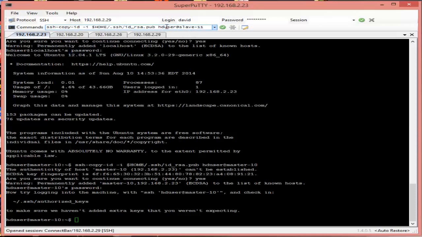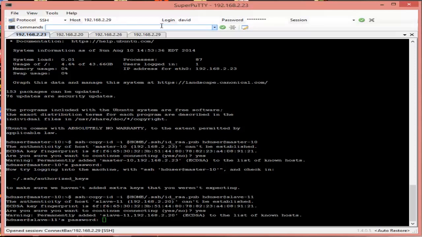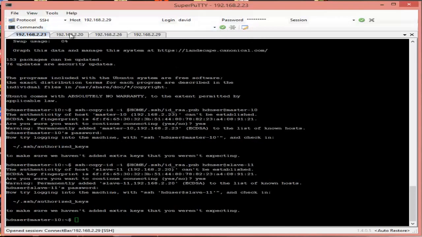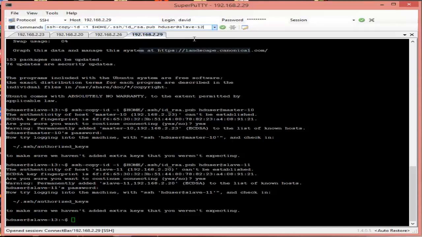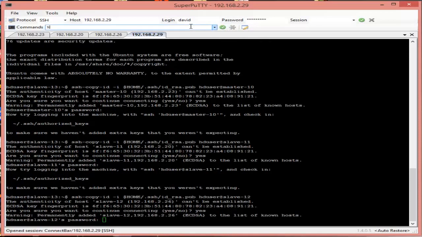So I'm copying the second file, that is slave 12, sorry, slave 11 and for the user, and click enter. The same thing. I'm going to type in the yes here this time. Hopefully it's the same everywhere. 1 2 3 4 5 6. I will check all the systems. That's one. Yeah. Okay, so I can do it there too. Third command, I'm copying it and pasting it. Yes, it says the same process. So password,